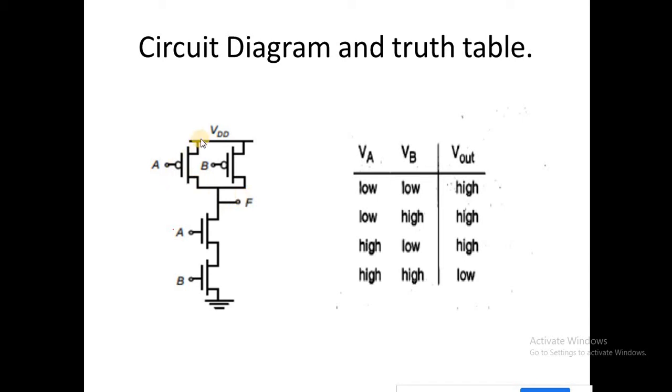Similarly, when either of the gates is closed, then we will get the higher potential. Only if both the PMOS gates are open, at that time we do not get any output and the output will be low. So this is the truth table of the two input NAND gate. Now let's start how to draw this circuit using the LTspice tool and then analyze its operation.